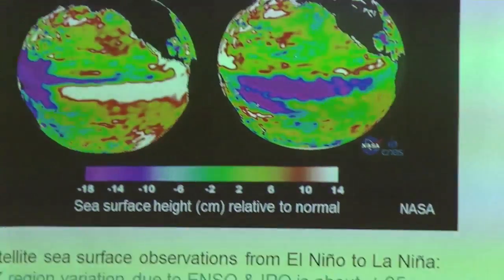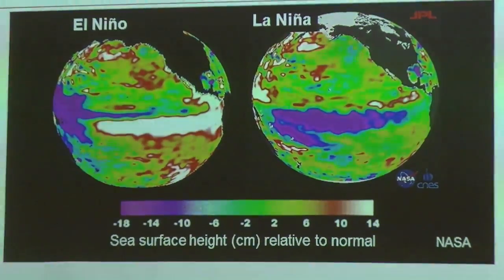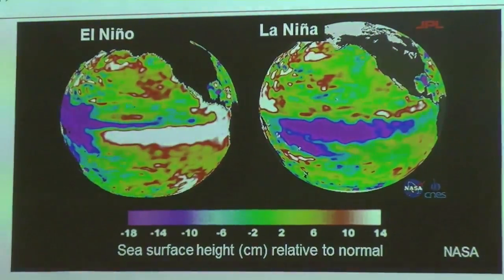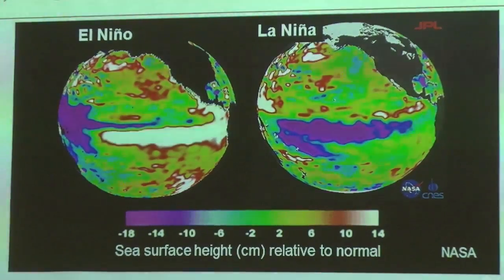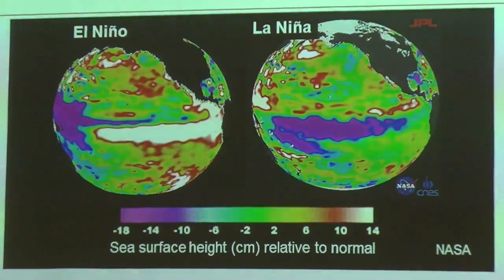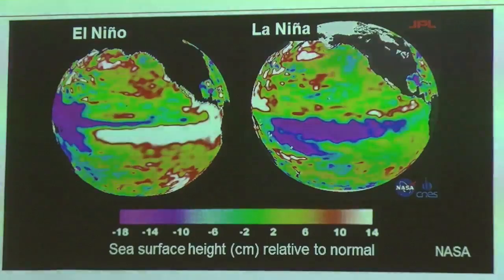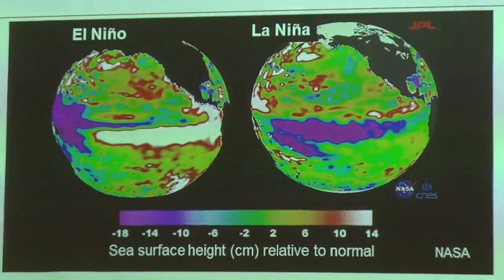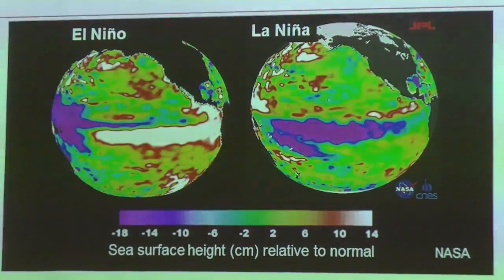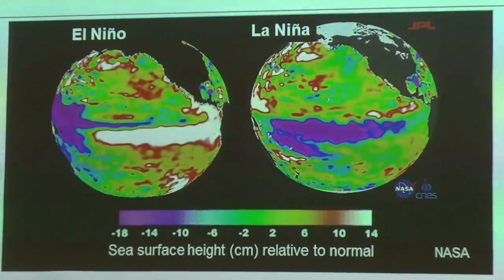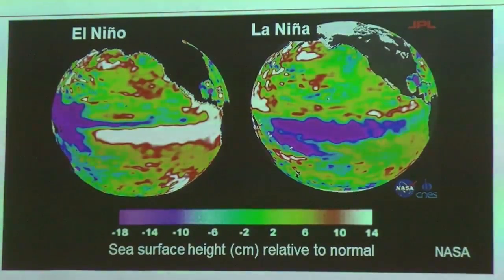So here we've got some satellite data, an El Nino year and a La Nina year. During La Nina conditions, we have a set of winds which pushes warm surface water across the Pacific from South America over here, and it pushes it towards Indonesia and Australia. So you get all of this water stacking up on our side of the Pacific, and the sea levels go up on our side of the Pacific. They go down off South America, which leads to upwelling and a good anchovy crop.